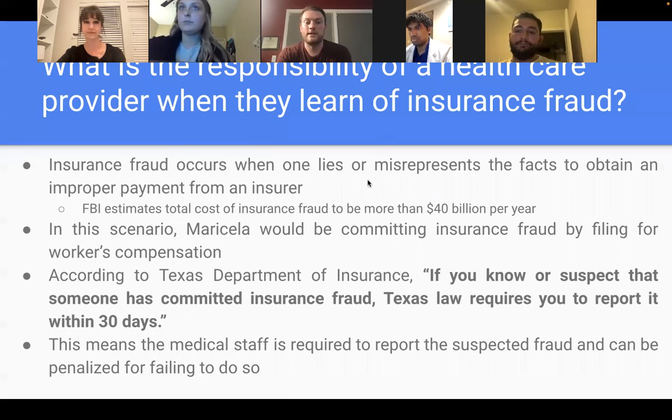Honestly, anyone involved in this scenario, Maricela, the employer, the factory, the medical staff, and anyone at all who knew or knows that Maricela is planning to basically commit insurance fraud here can be held accountable if they do not